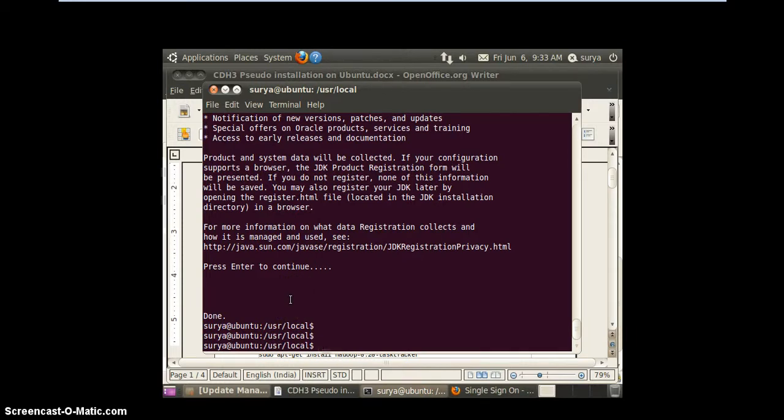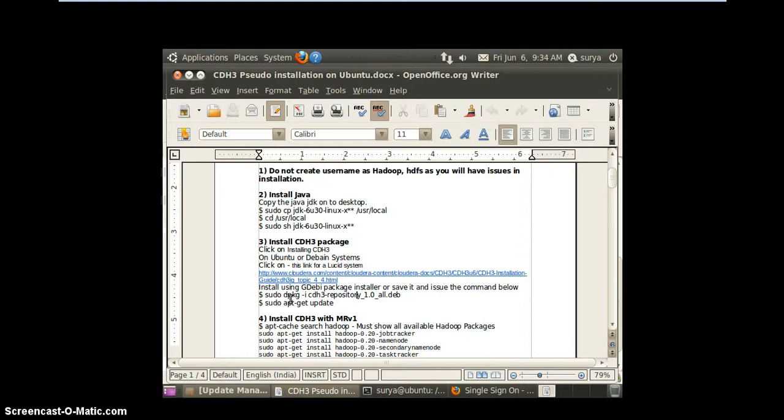So one can ask me, why are you installing Java before you try to install Hadoop in your cluster or pseudomode cluster? Because Hadoop is a framework which is developed on top of Java. So in order to install Hadoop, you have to install Java first. That's why I have installed my JDK, which is Java Development Kit, in my Ubuntu terminal. So after installing Java, my next point would be to install Hadoop.